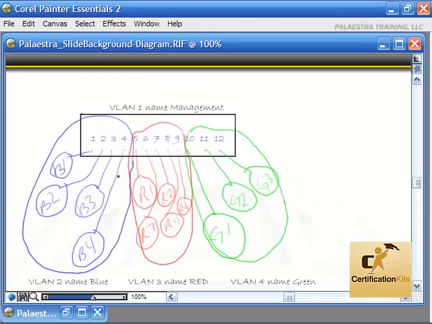So here is a switch, and I've created some VLANs on it on the slide anyway. It's not a real switch, it's just a drawing of a switch. We've got VLAN 1, which is the management VLAN, and that's where the IP address of the switch is in existence. And then I've put ports 1 through 4, so we've got VLAN 2, and it's the blue VLAN, and we've got ports 1 through 4 in VLAN 2. We've got VLAN 3, which is the red VLAN,